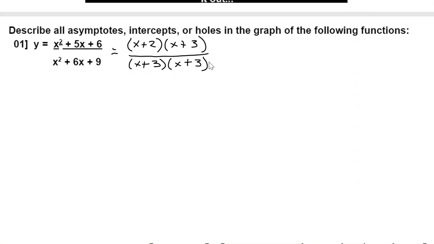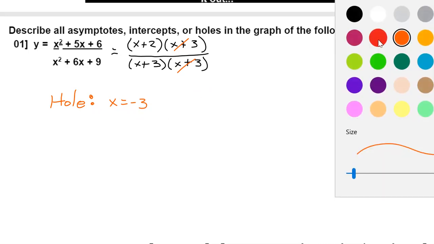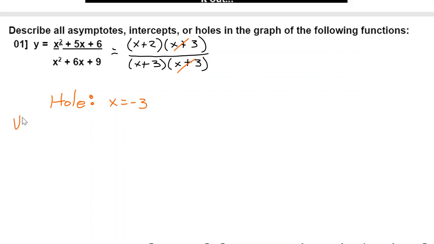Now that is going to create these guys to cancel out. So we have a hole at x equals -3. We also have a, well, I'm going to leave it there, a vertical asymptote